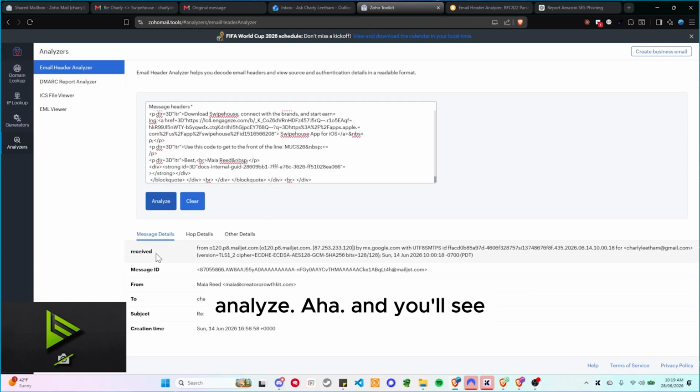Aha. And you'll see here it says it comes from MailJet. So they're using MailJet to send out this information. So if I really wanted to go back and report this person for sending malicious emails, spam, well, spam not so much. Whatever, they spam me, I just hit the spam button, they get penalized that way. But if I wanted to get them for phishing emails, if they're using the platform to send out phishing emails,